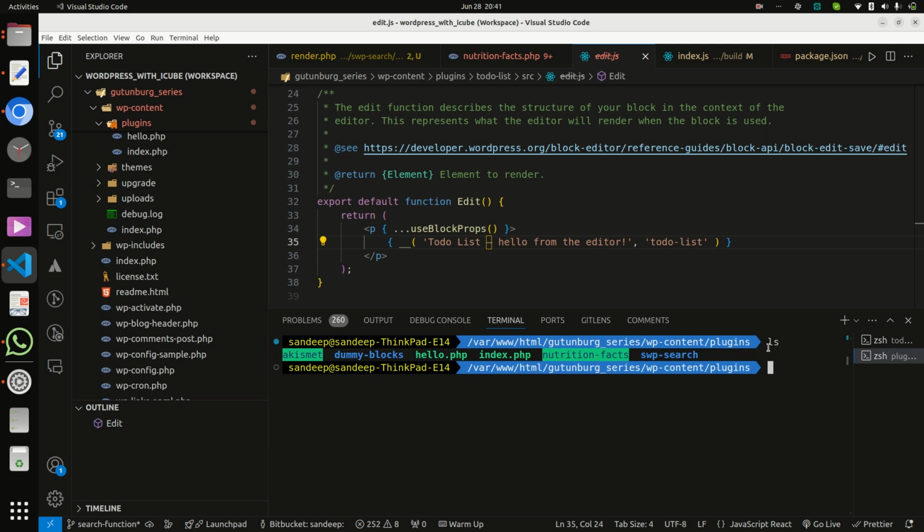Okay, now I think I was in the wrong directory, so I have to install everything again. First of all, npx create-block@latest todo-list.